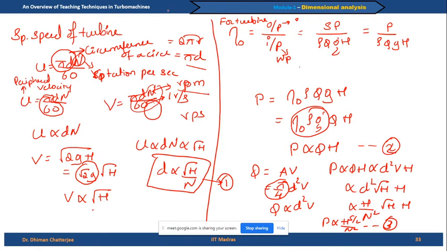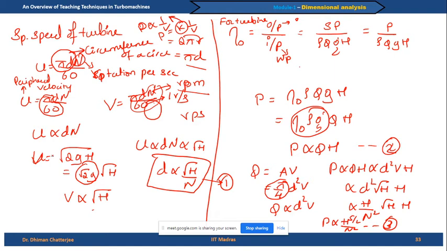For example, if we have something like P is inversely proportional to 1 by V, what we will do is take some k and 1 by V, right? So we say k is the proportionality constant. I am removing the constant and introducing the proportionality sign. Are you understanding this first? Yes. So here U equal to pi D N by 60. Here pi and 60 are constants, so I am removing that constant and introducing a proportionality sign. So U is directly proportional to D N. Now V is also equal to, or U, let us take U only. That's not a problem here.